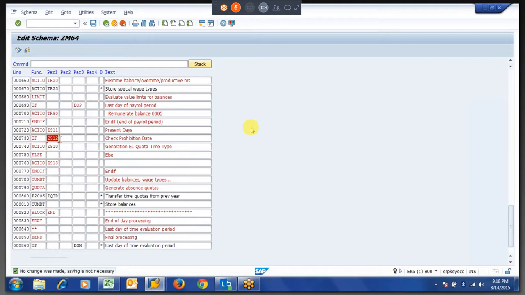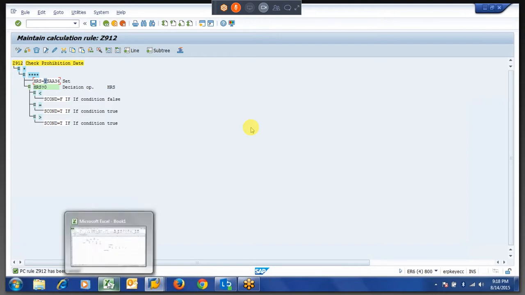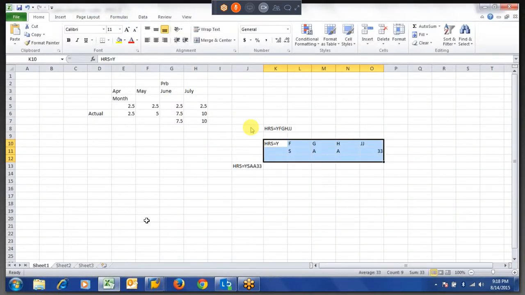Then in this rule, what we are writing is also important. So here this is the main logic in this PCR. So how I showed in the Excel, you have to decode like that. Even we will do the same thing whenever we get a typical requirement which we haven't worked on.